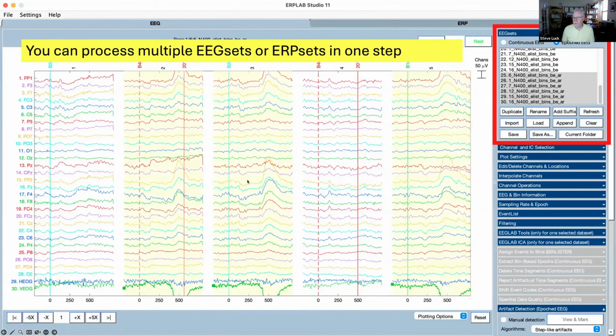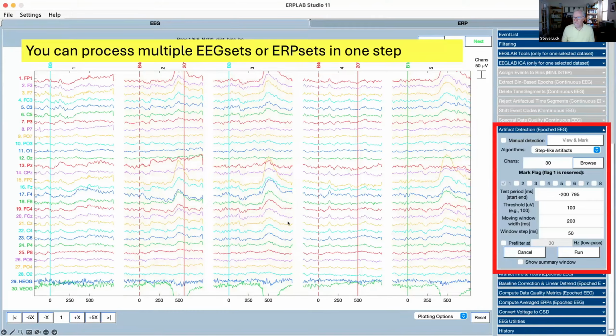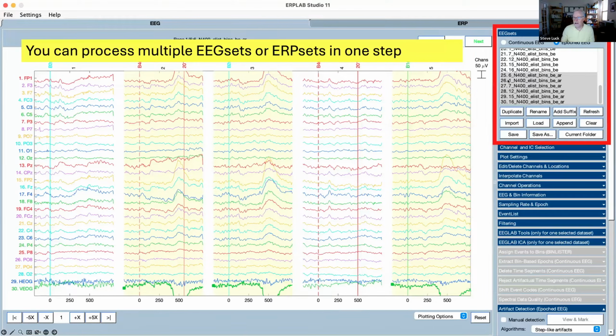So this is an example where if I've selected multiple Epoch EEG sets and done artifact detection, I can just do it for them all at one time. And it's only going to show one at a time, but I can step through the different ones that are selected with these buttons up here. And here you can see that the ones marked in yellow have been marked for rejection. And the particular channel that led to it being marked is shown in boldface with a little square at the